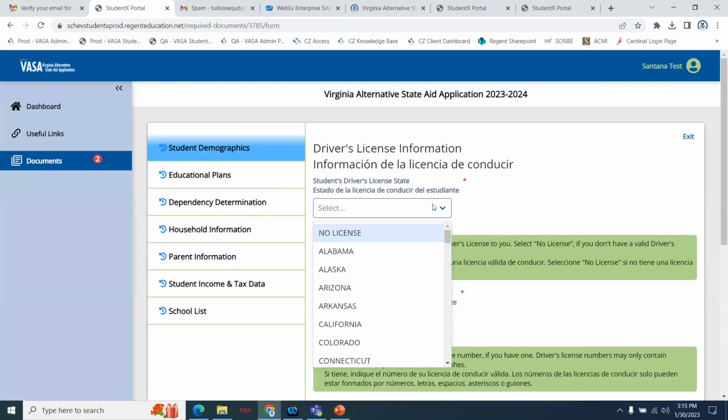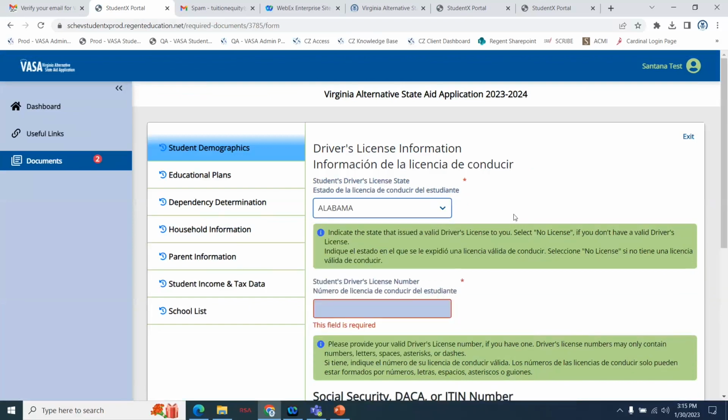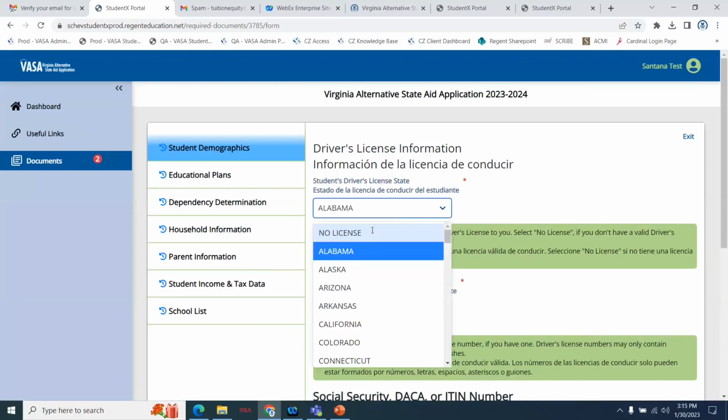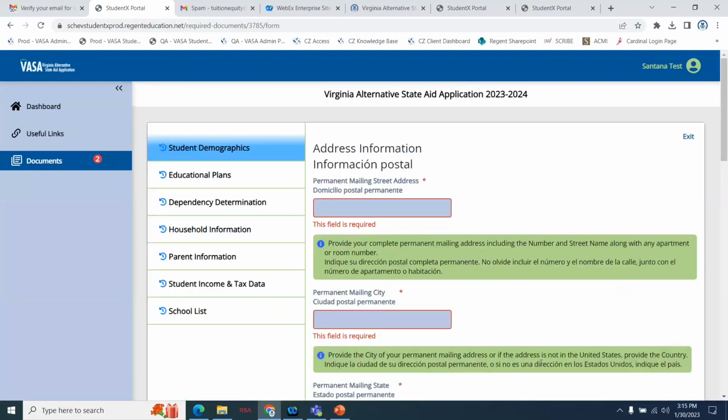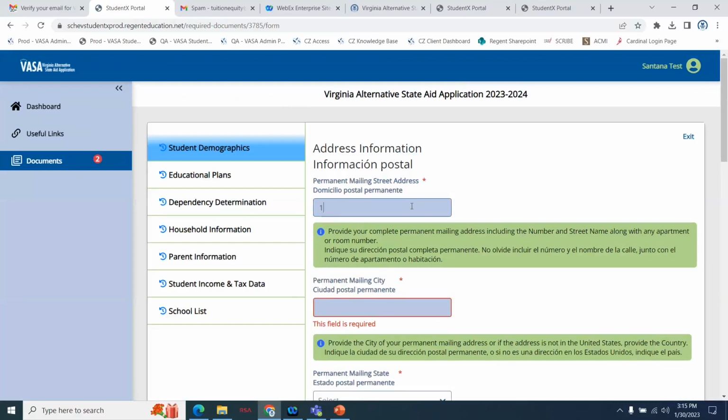Driver's license. For today, I'll say no license. If I did have a license, it would require me to put the driver's license number below. But for today, I'll just say no license. I will again leave this social security, DACA, or ITIN number field blank, since I don't have one, and click next. Now it's asking for my permanent